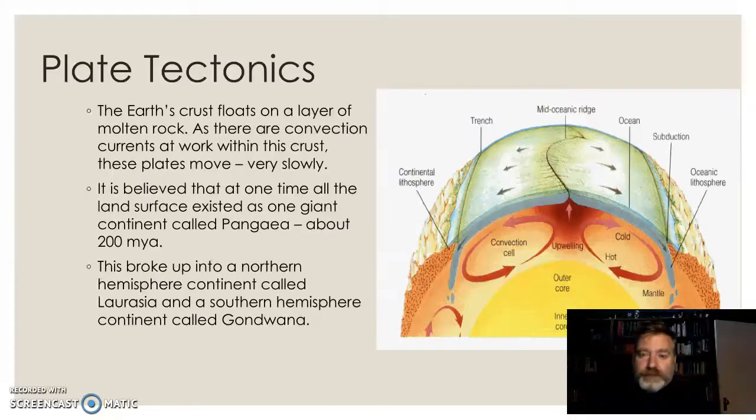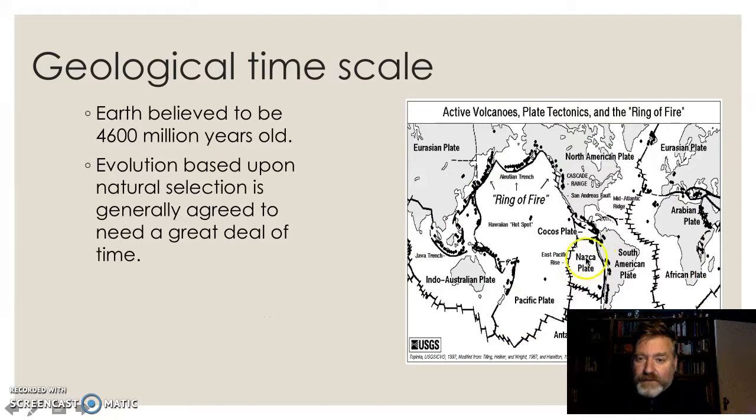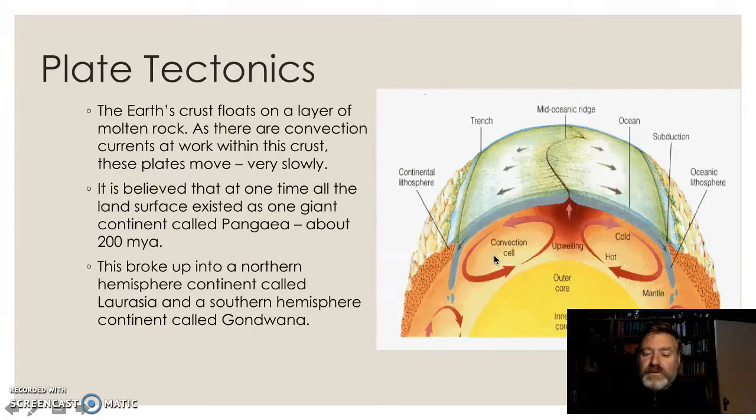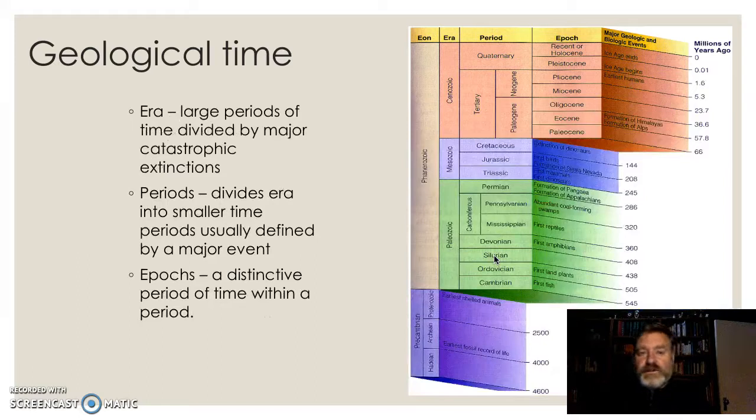So as you can see from this diagram, because there's convection currents, you get stresses like this where the mid-oceanic ridge develops. There's a huge one down the Atlantic. But you also get these other trenches where these things go under. So we see one of these underneath South America on the western coast. Galapagos Islands are actually moving towards South America. They're closing the gap as they get carried by the plate that they're sitting on. If we go back up, they're on this Nazca plate. And so they're slowly moving towards South America, around here somewhere. These things are all on the move all the time. And so it causes huge change.